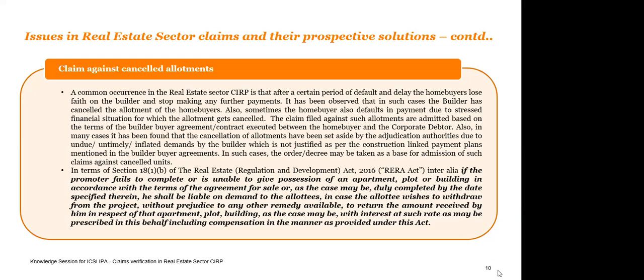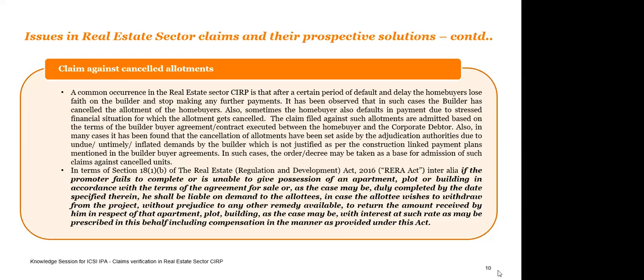So there is a regulation, a section 18(1)(b) in RERA, which says that if the promoter fails to complete or is unable to give possession of an apartment, plot, or building in accordance with the terms of the agreement for sale, or as the case may be, duly completed by the date specified therein, he shall be liable on demand to the allottees, in case the allottee wishes to withdraw from the project. This is self withdrawal